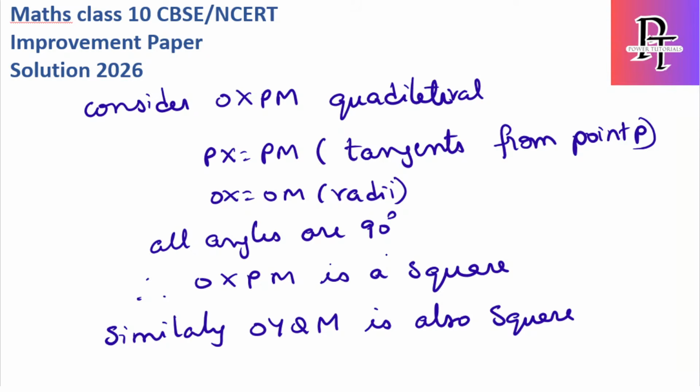OXPM is a square. Okay. So as it is also a square, the diagonal of a square subtends 45 degrees. Diagonal of a square subtends